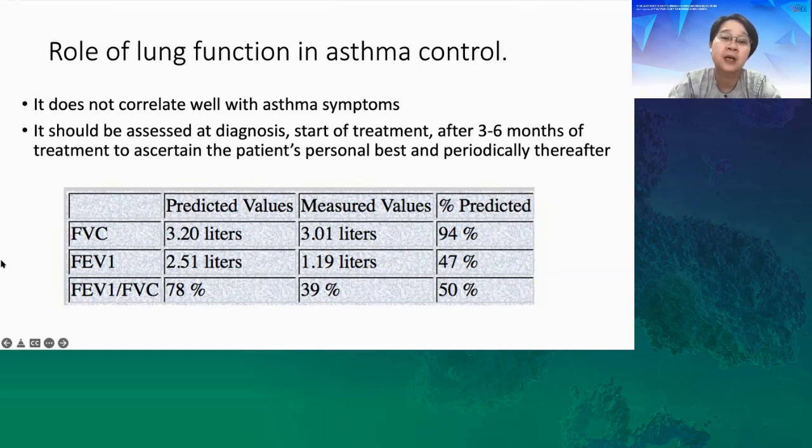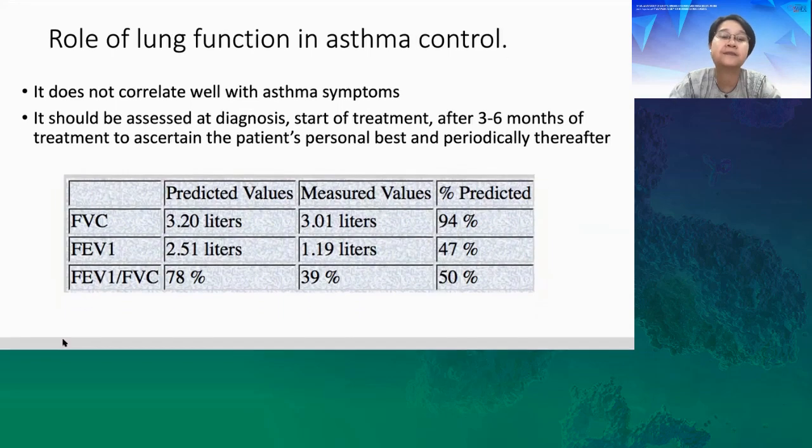cost on the patient. So the values that you get would be the FEV1, the FVC, and over it, we can actually calculate the ratio. The predicted values are what the patient should be able to achieve given the right height, sex, and age. And this is what is measured. So usually we'll look at the FEV1. So you can see immediately that the ratio is actually less than 70, which tells us the obstructive picture. And the FEV1 is less than 80%, whereas the FVC is not affected. So this patient has got an obstructive lung disease.